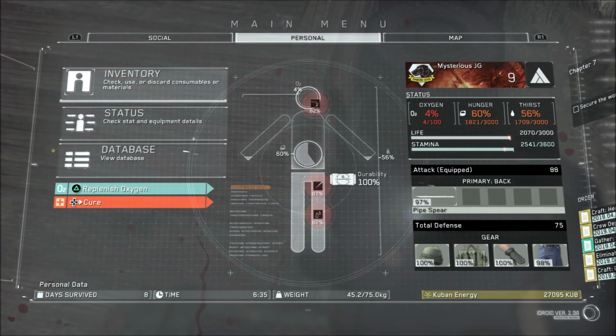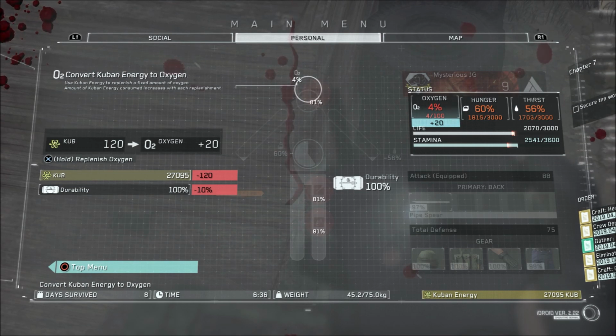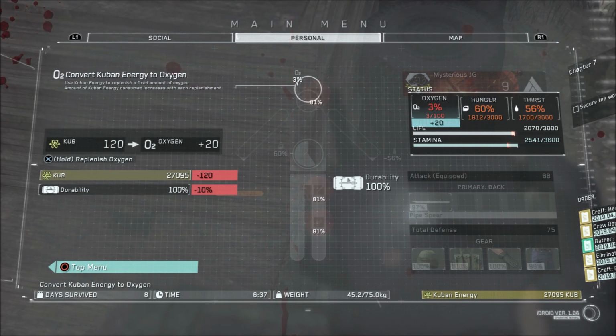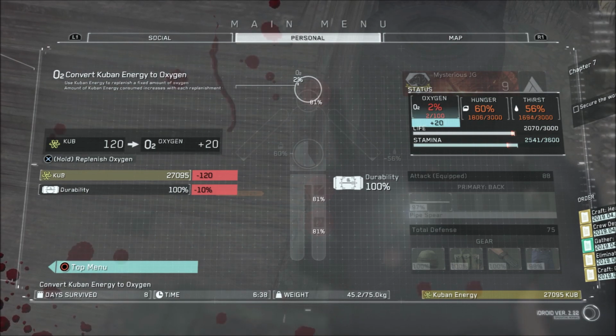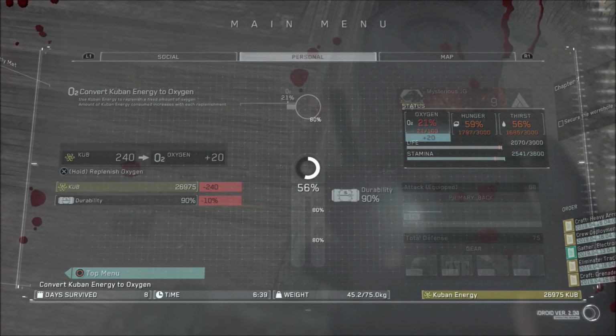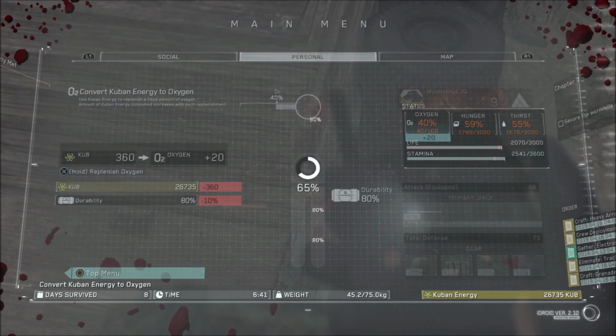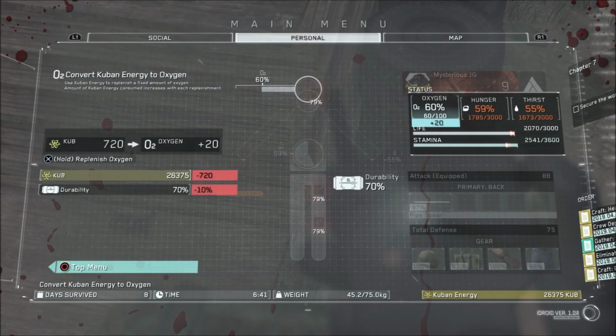So I'm going to need to come in here. I'm going to need to replenish oxygen. How do I do this again? Okay, I hate to do it, but...